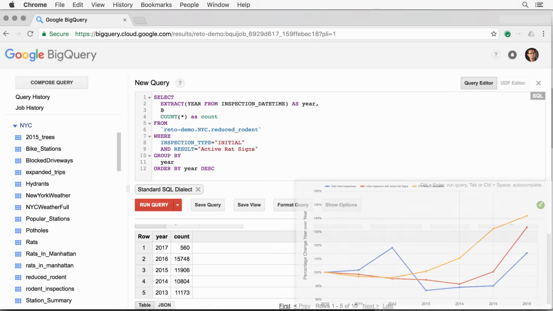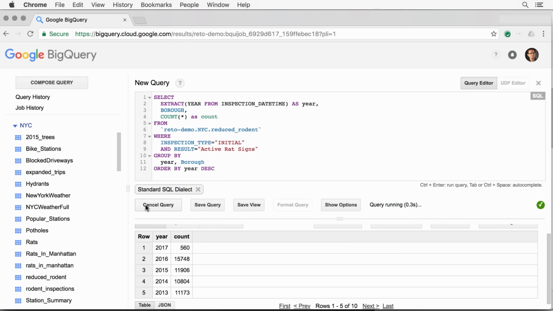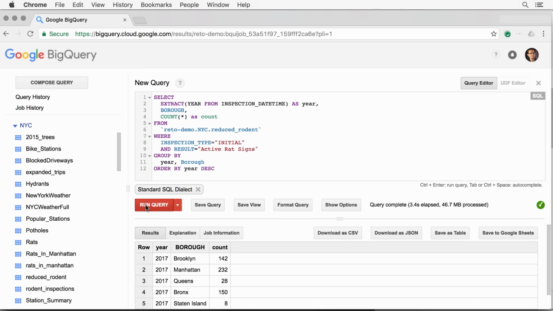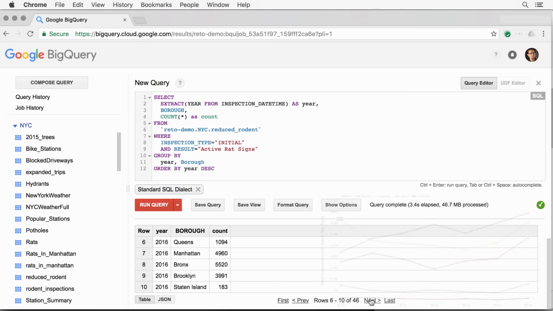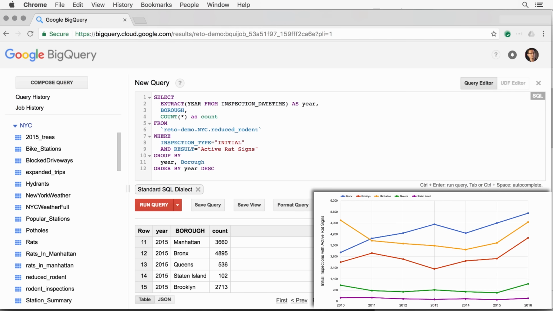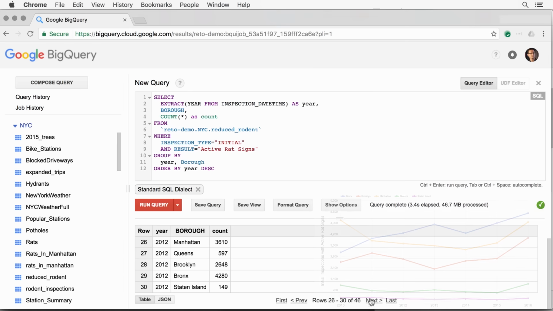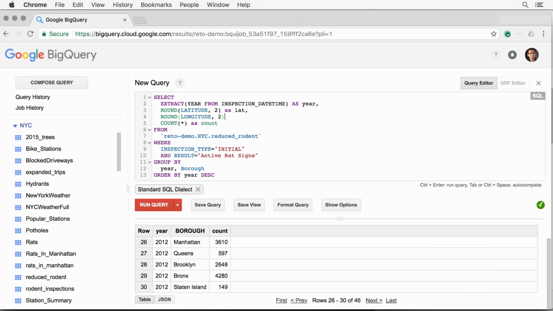But New York is a big city. If we examine the trends per borough, looking only at inspections that found active rat signs, we can see that while there was an uptick across the board, Manhattan and Brooklyn are definitely catching up to the Bronx, crowned rat capital in 2011. We can continue our investigation by using the locations of each specific inspection to create heat maps to learn which neighborhoods have the most rat signs, and what the current trends suggest for the future of rats in New York. Check out the blog post listed in the description below to see where those investigations lead.